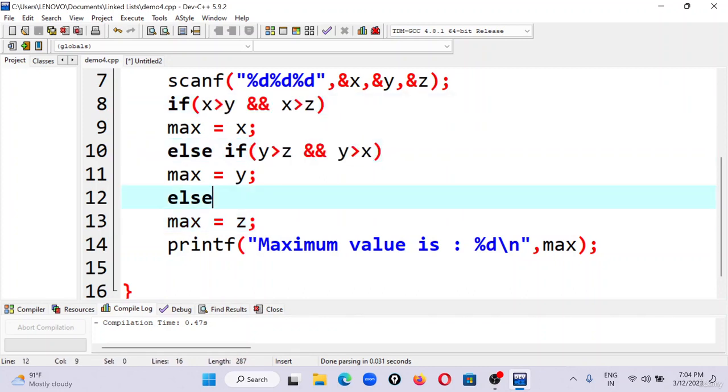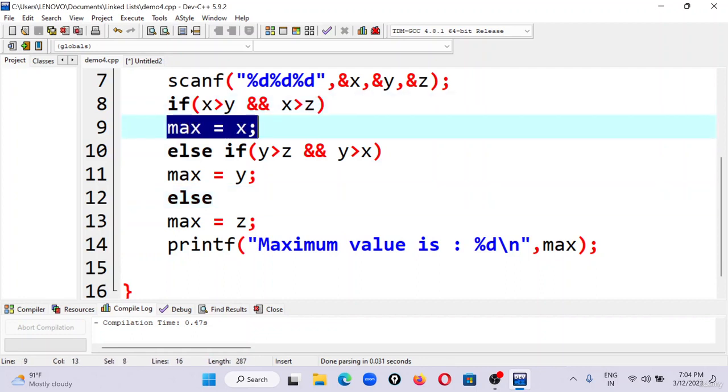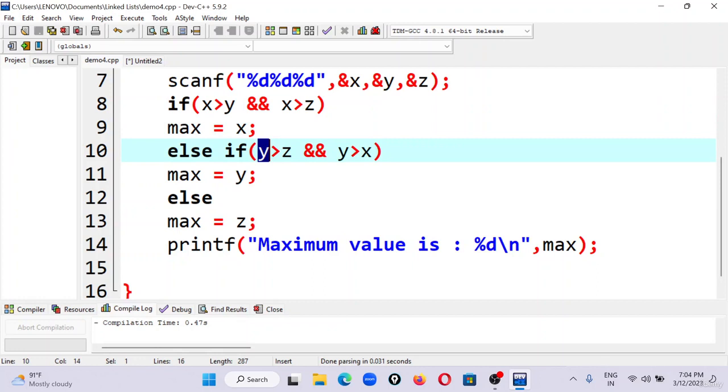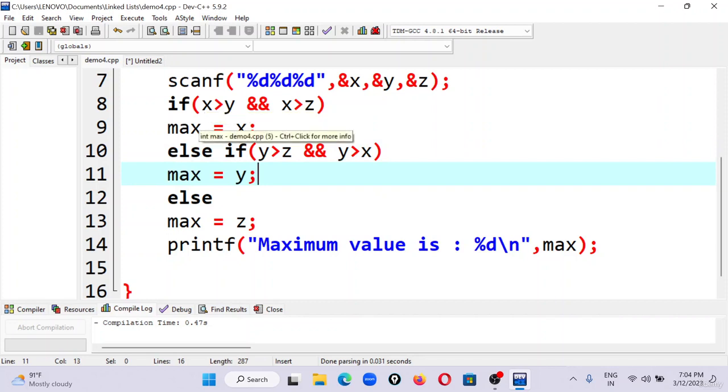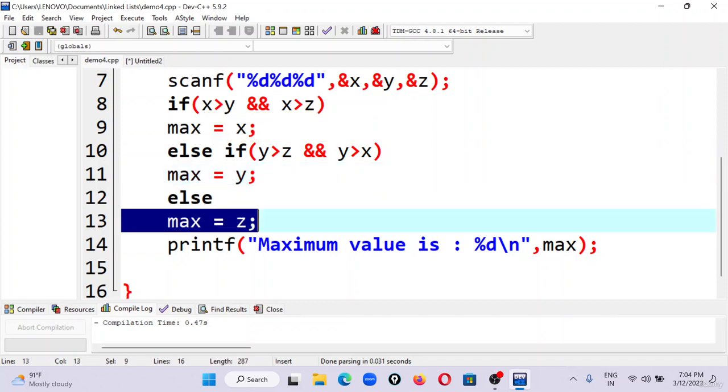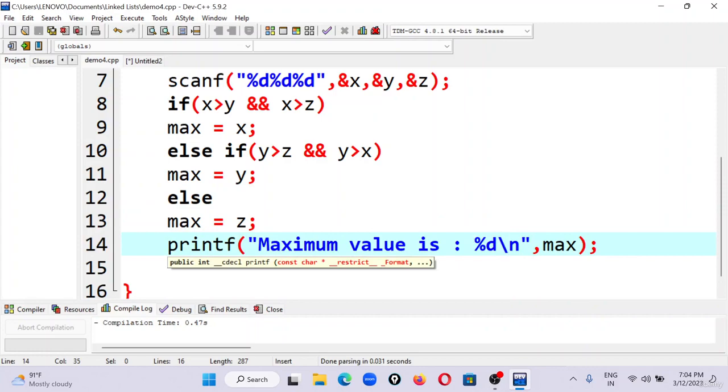Okay. So whenever X is greater than other two numbers, you are taking max equal to X. If suppose Y is greater than other two numbers, then max is equal to Y. If suppose X is not greater and Y is not greater compared to other two numbers, then obviously Z will be the maximum value, right? And that is taken into max variable, and we are printing max value. Okay,